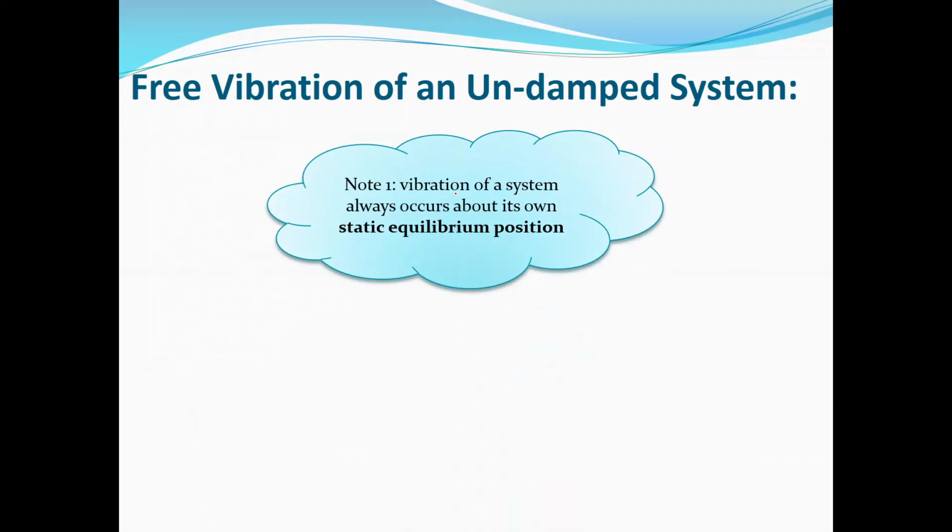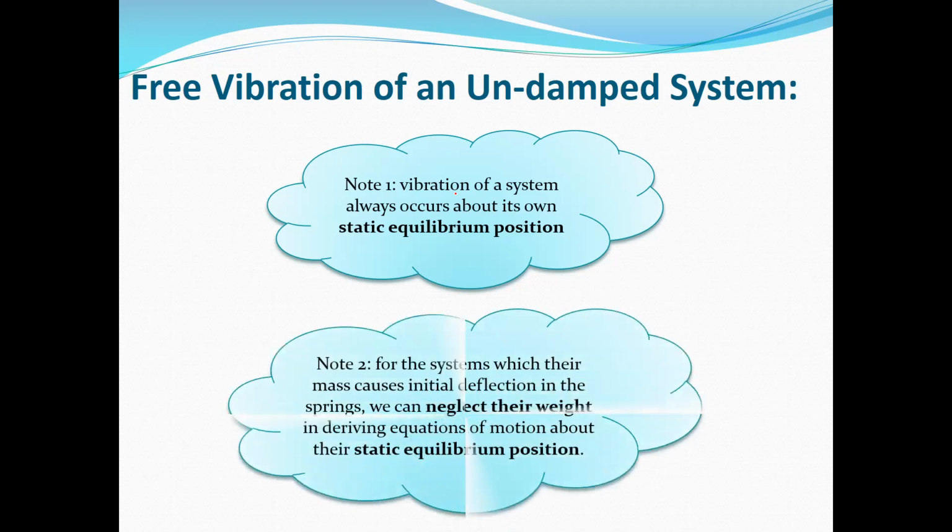So when you want to extract the equation of motion, you need to write, for example, Newton's second law about its equilibrium position. Or when you want to write the kinetic energy and potential energy, you need to calculate them about its equilibrium position. And the second point: in a system where the mass causes some initial deflection in your springs,